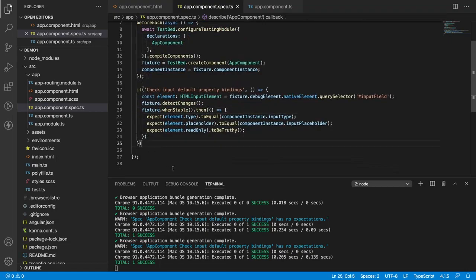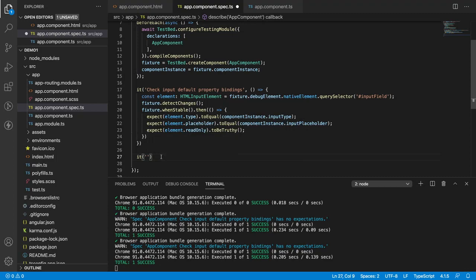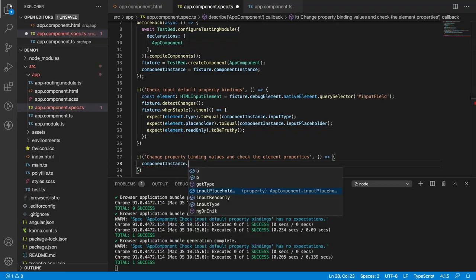So let me write one more test case. What I want to do is change the values and test accordingly. Change property binding values and check the element properties. So it is also having a callback. In this callback, we can pass the data: componentInstance dot inputType.